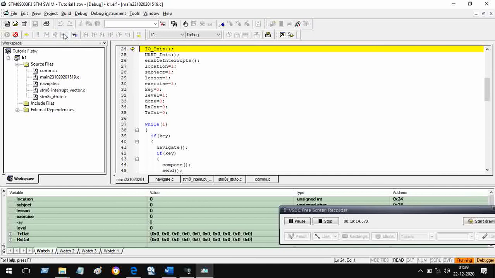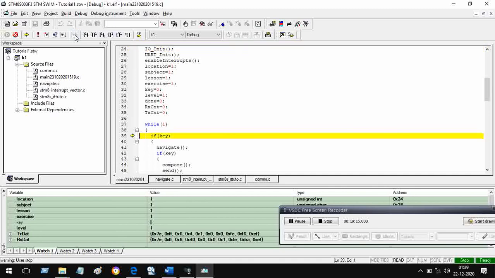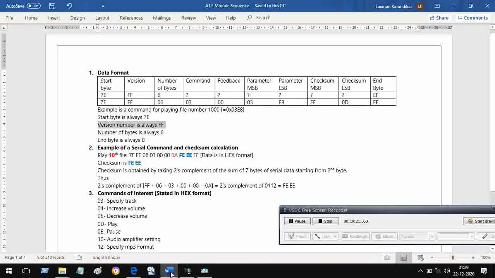Key number 5 I am pressing, and let me check what has happened. Yeah, so I get 4. 4 means increase volume. So decrease volume and increase volume, these 2 functions we have seen. The appropriate code has been sent, and that's all we wanted to see in the beginning.